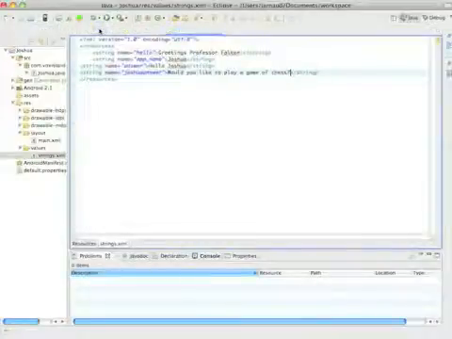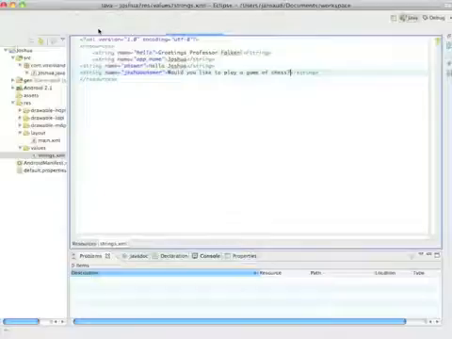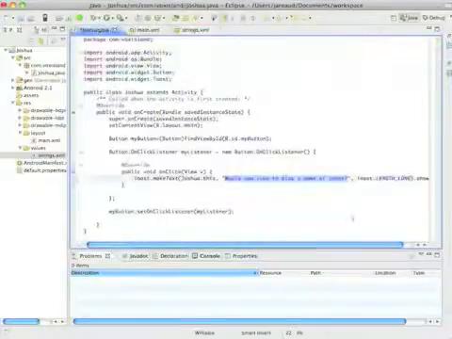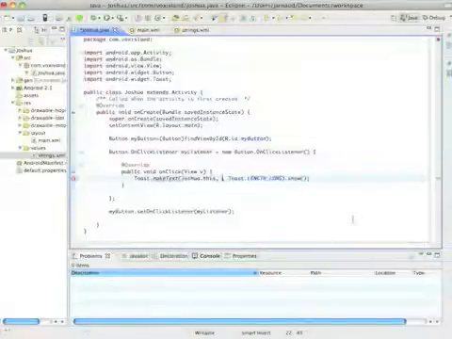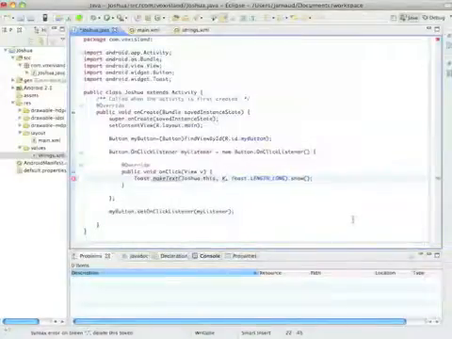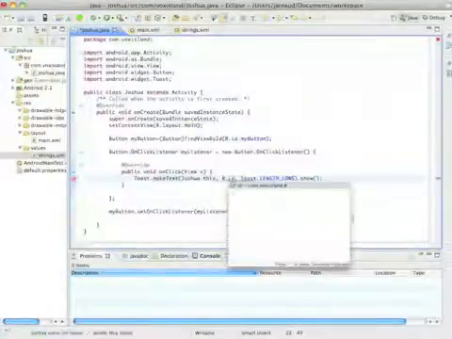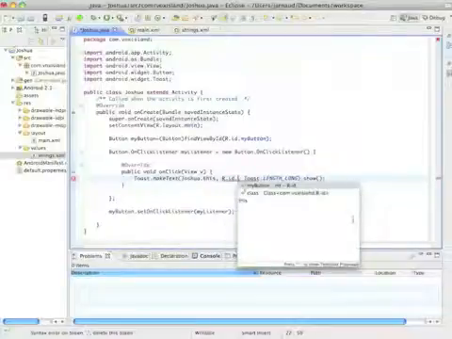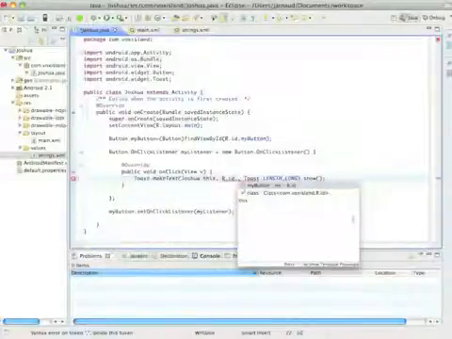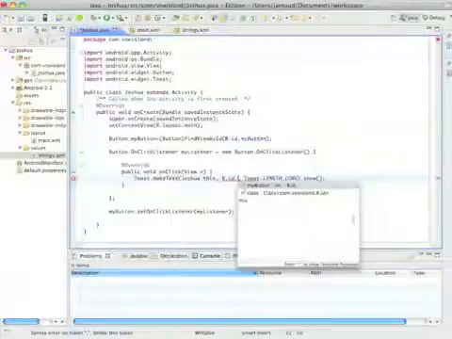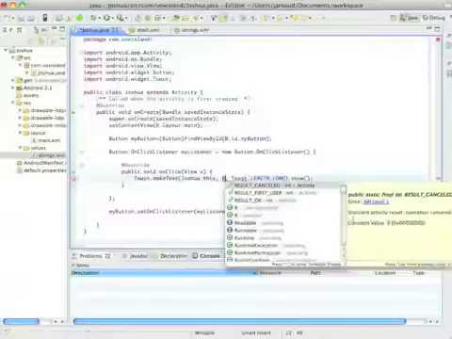As I said, I'm not necessarily going to do that any time, but you should do that every time. So I will name it Joshua answer. And the content will be, would you like to play a game of chess? And now in the code, I will remove this hard-coded string, and I will use